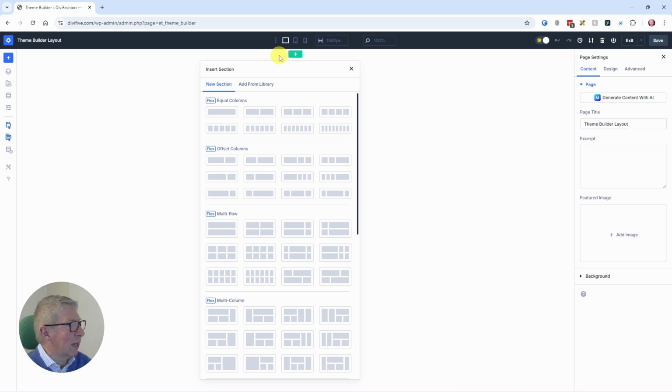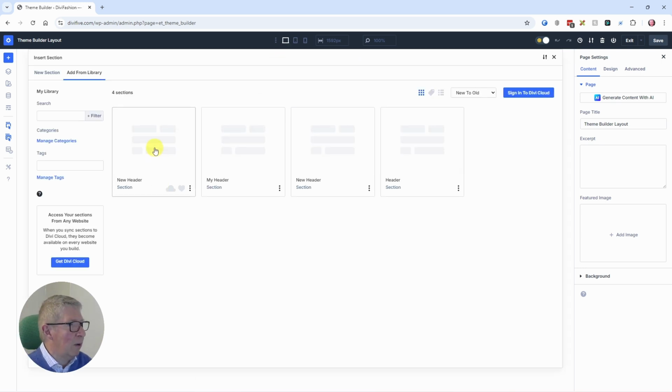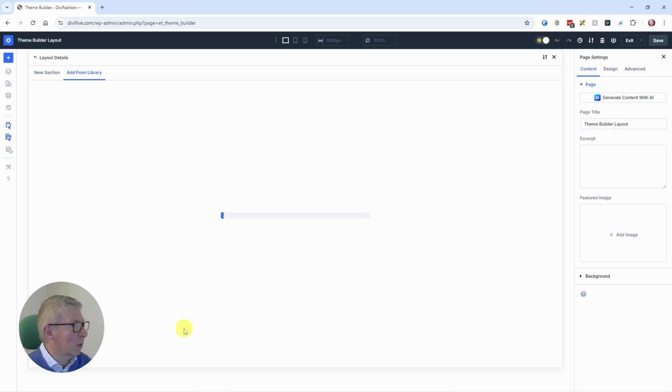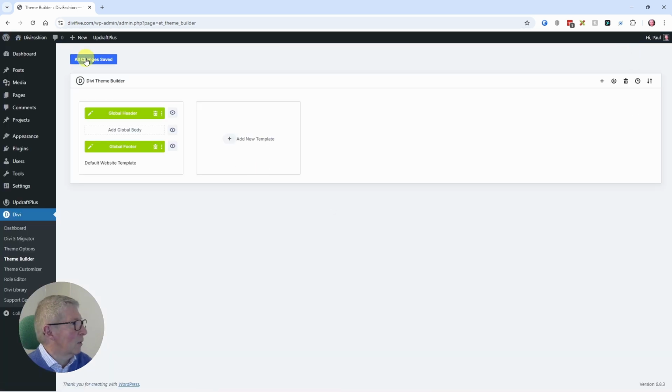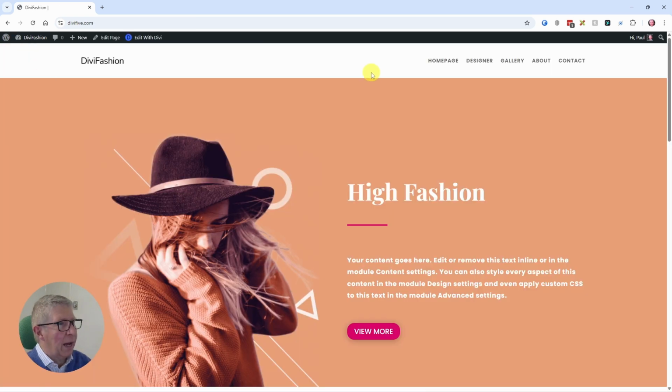click to add a new section, and of course you want to add that new section from the library. So new header, we're going to add, and then as soon as that's added, you can delete the empty section at the top. Save the changes and exit, save again, and go back to the front end, and you'll see that we have our new header. So a little bit of a workaround, only take you a few minutes, but it does then give you the ability to build the header while you can see the page,